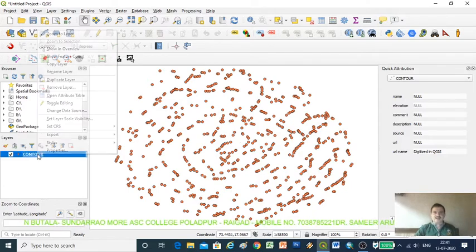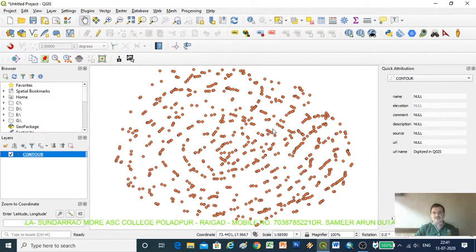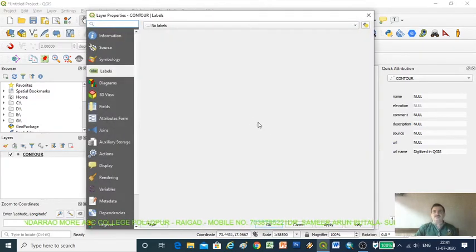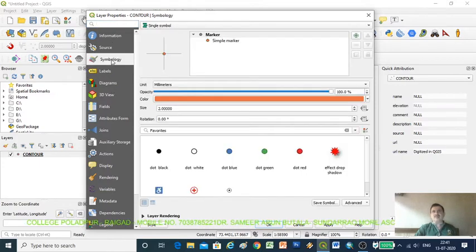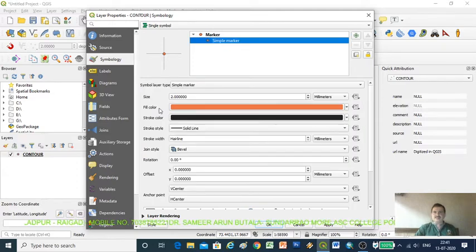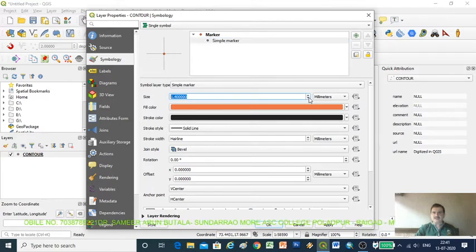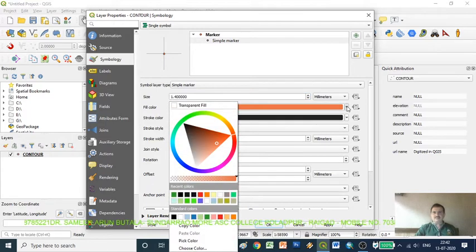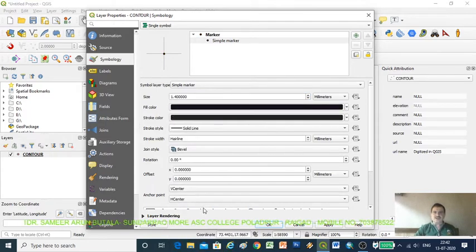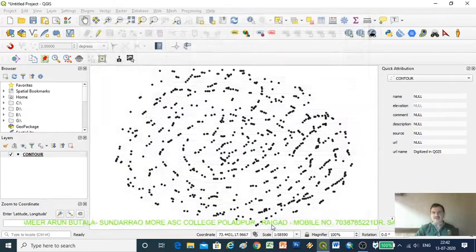So right click on contour and go to the properties. In this properties, go to symbolization and click on simple marker. Here are some elements, like size, we just want to reduce the size, and we want to change the color, apply and OK.